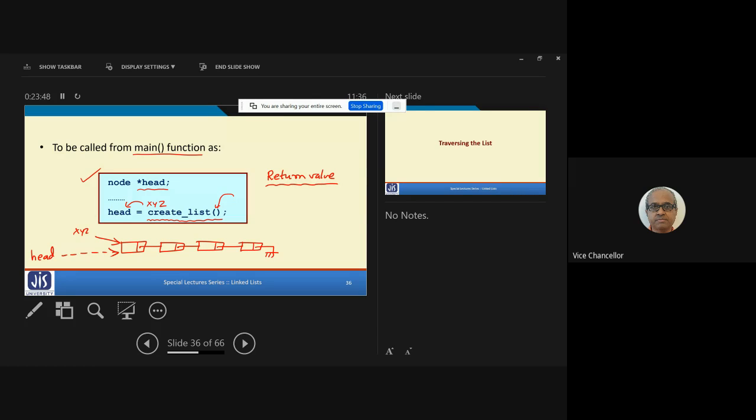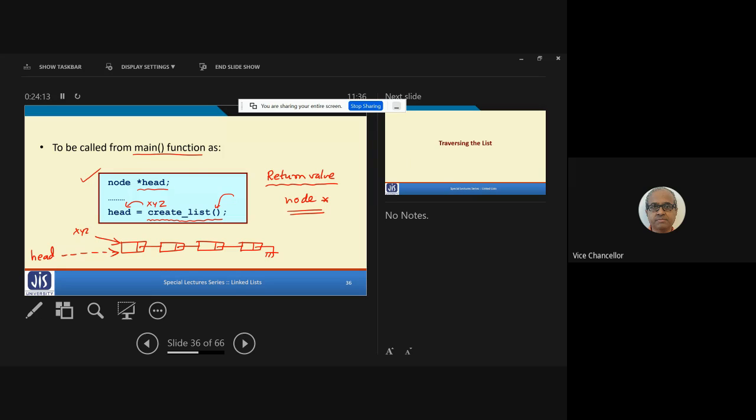What type of data will the function return? Sir, node. It will return a pointer, right? Yes, sir, node star. It will return a pointer to a node. So the return value will be node star, a pointer to a structure of type node.